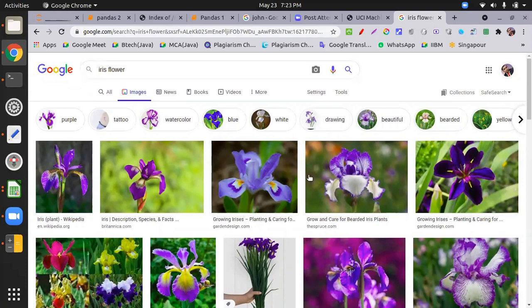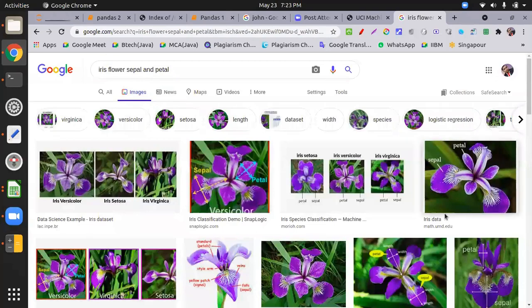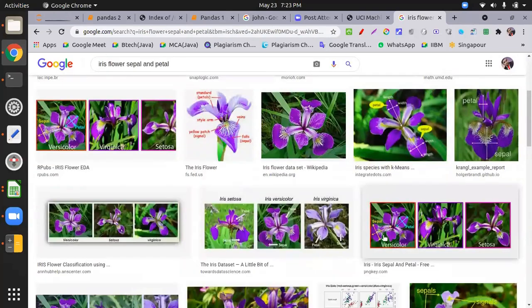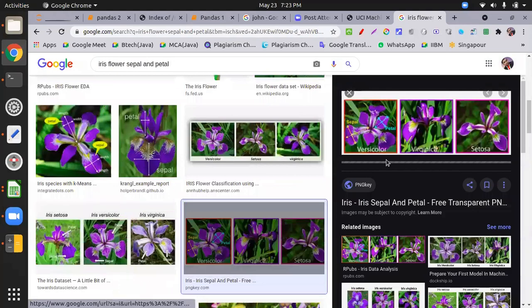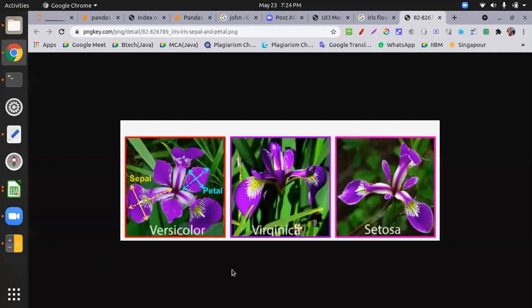Okay, thank you. So this is your iris flower. Sir, Khushbu here. Khushbu, one minute. I just want to show the iris, sepal, and petal. You want to understand what the data set is exactly. Yes, this figure. Meanwhile, you can see how to put an image inside your Jupyter notebook.